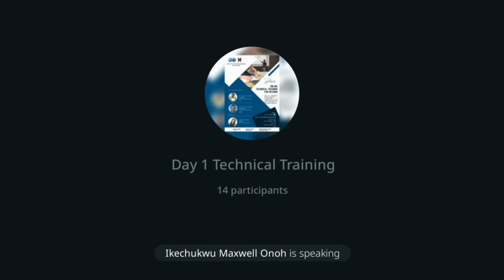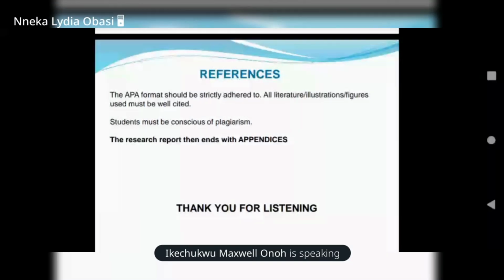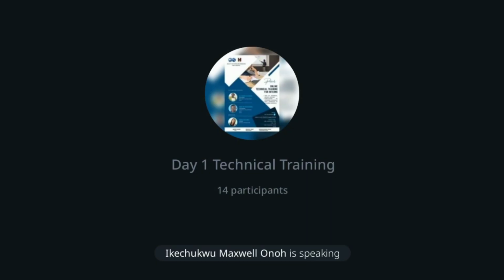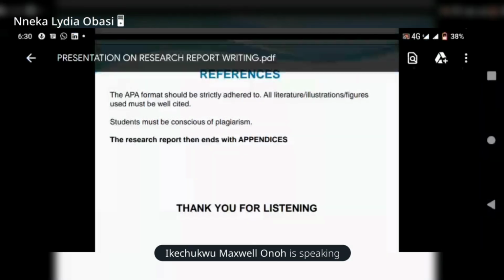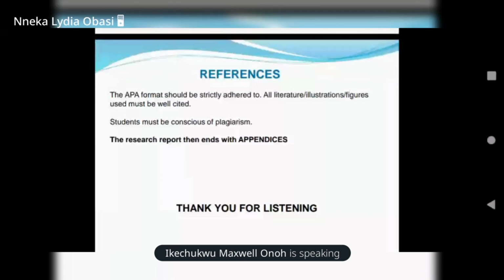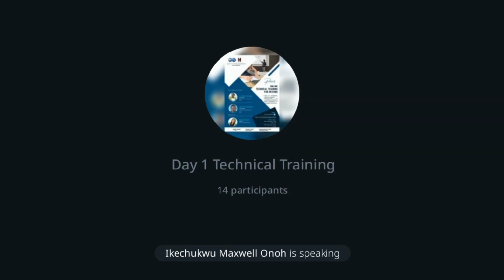You say it is in consonance with Maxwell et al. 2019, who also studied this and observed that as the temperature increases, the yield also increases. And that was as a result of, you tell us the science. So after you must have mentioned Maxwell et al. and all these things, at the end of the day, it is also obligatory on you to have your reference list, where you list out all the references cited in the main work,